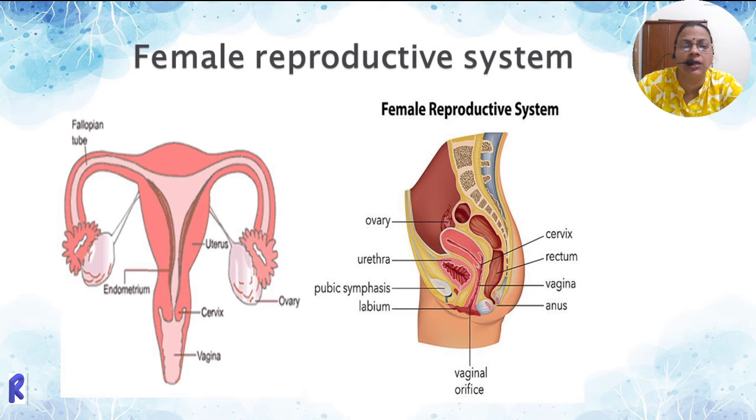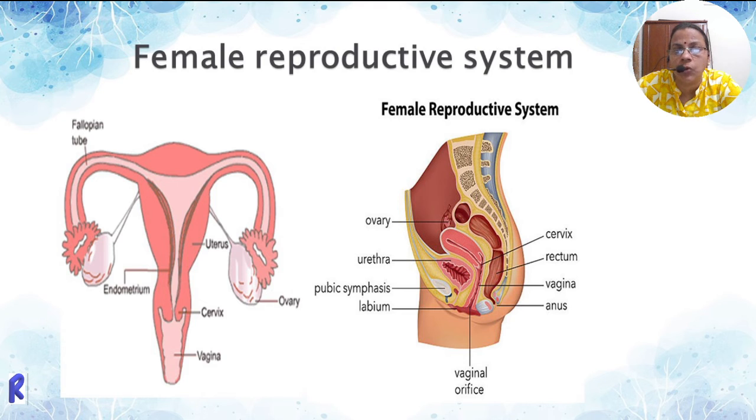So here this is the ovary. On either side there is an ovary. It is attached to the body wall as well as to the sides of the uterus with the help of a membrane, a ligament we can say. And this ovary, every month, will start producing ova. And on the 14th day, from any one ovary, the ova will be released. The process of release of ova is called ovulation.